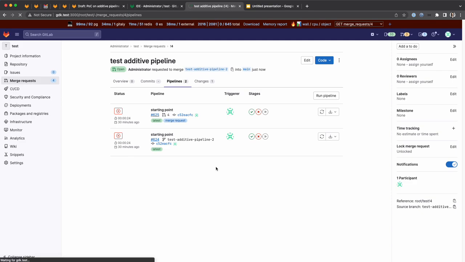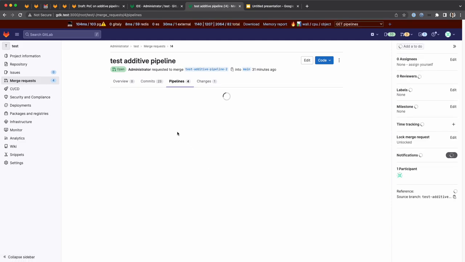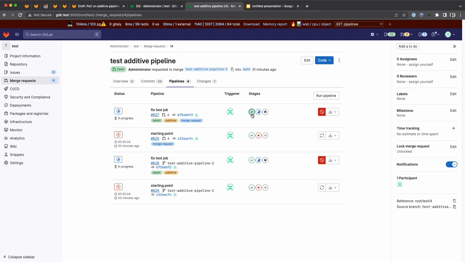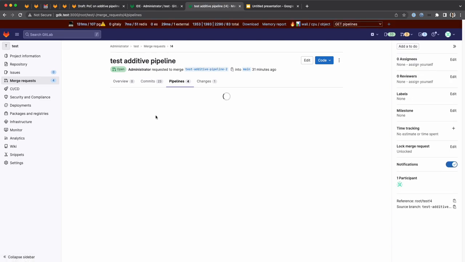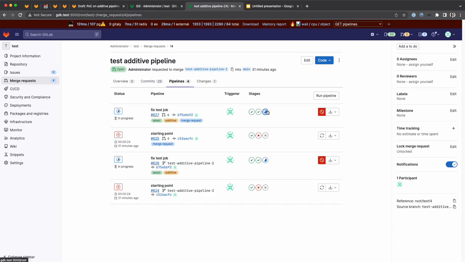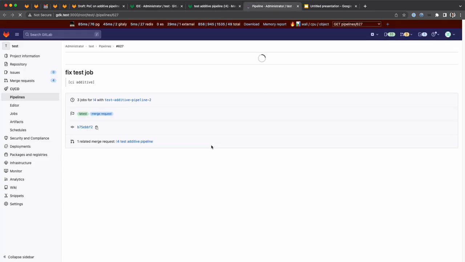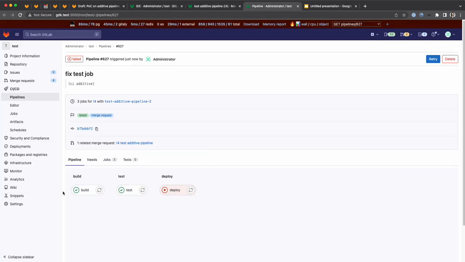It should be created already. Here. We can see the build job is already successful, and we haven't even run that. And then we just run the test job right now. And let me open this. Refresh. Now we are actually running the deploy job, and this is going to fail. Okay. So we completely bypass, let's say, the build job, since we took the results from the previous build,